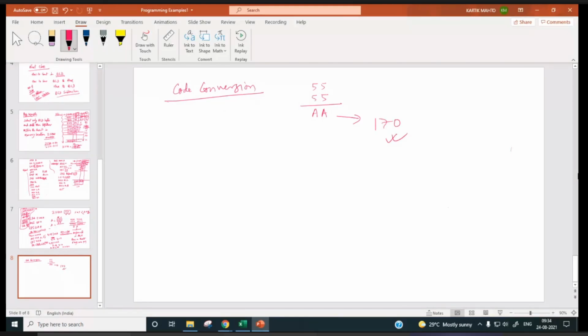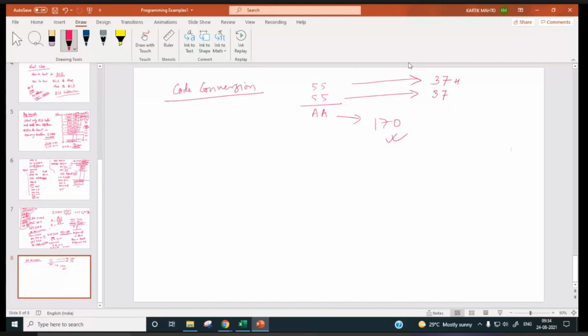So if you do this, 55 is converted to hex: 3 sixteens are 48, so it will be 37, right? And if you convert this one to corresponding hex value, then it will be 37H.